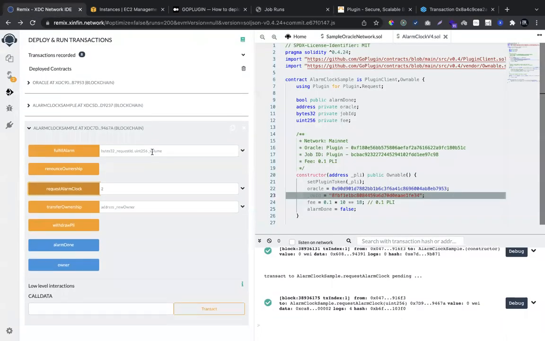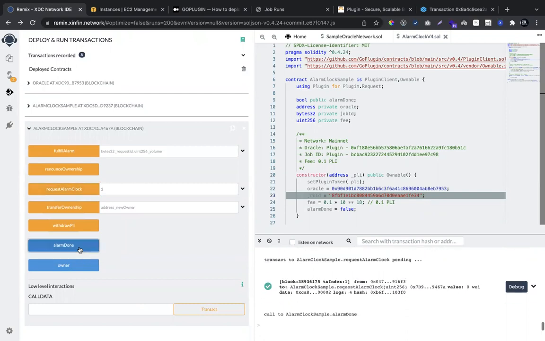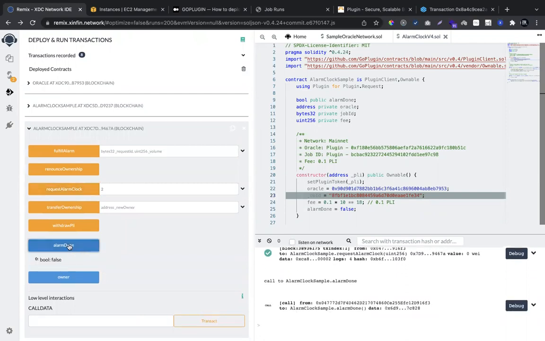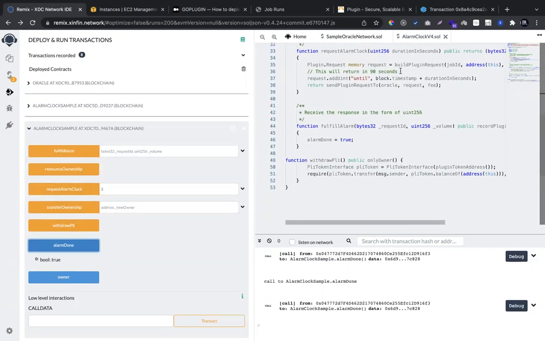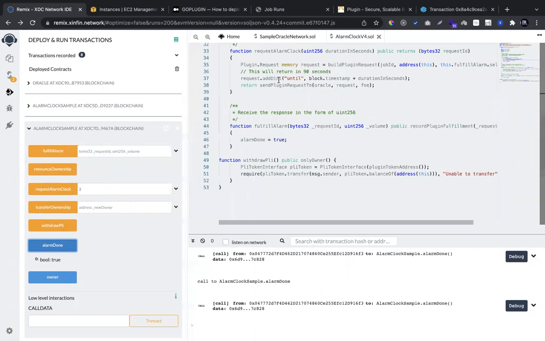That's it. It is completed, right? But how to ensure? Just go here and click this alarm done flag. You should see it is turned to true, right? It is now true. So you have triggered this request alarm clock function, and what it does is invoke the job after 2 seconds.